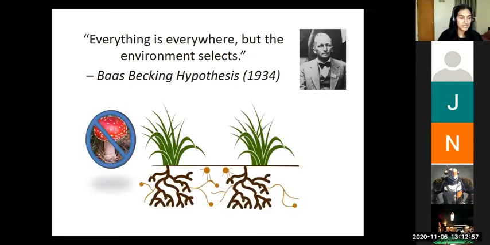Okay, so then bring it into my work and the microbes that I study, these beneficial symbiotic fungi. How did they disperse? And one thing that's also a little uncharacteristic about these symbiotic fungi is they form no mushrooms. So usually we think, okay, a fungus is a mushroom, but the mushroom is really just the fruiting body or the reproductive structure